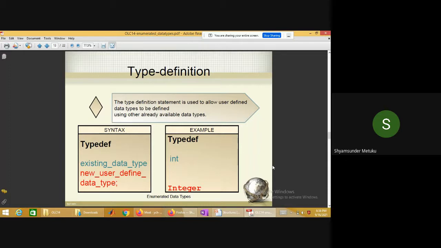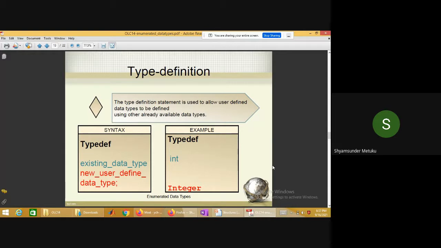It is something like in a class, if somebody becomes a class representative, the class representative is a type definition for the actual name of that particular student. The teacher always calls that student as class representative instead of by name. The actual person is the same, whether somebody calls with the name or as class representative, the same person is going to respond.